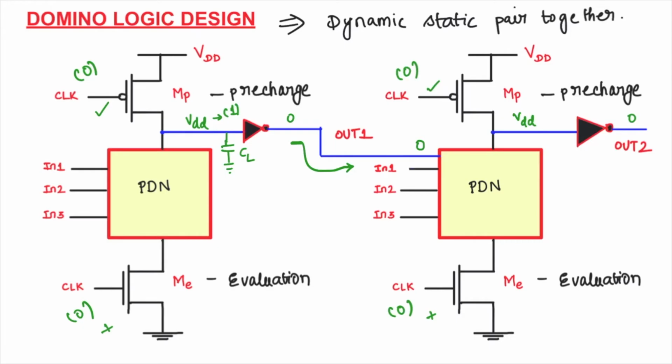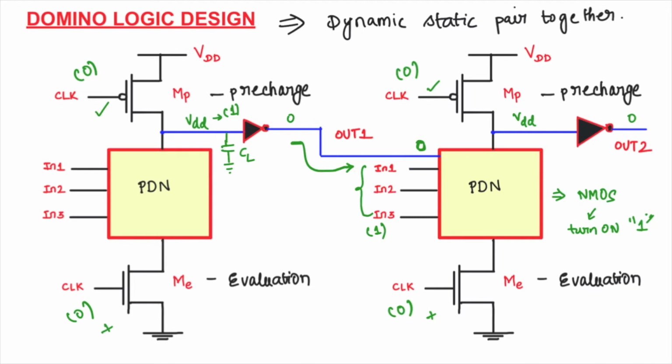You know very well that the pull-down logic is implemented only using NMOS transistors, and it is a very common fact that NMOS transistors will turn on only for a high input. So you require a logic 1 as an input here, but you have received only logic 0. So even if your inputs A, B, C, whatever they may be, are 1, you will wonder why it is so.